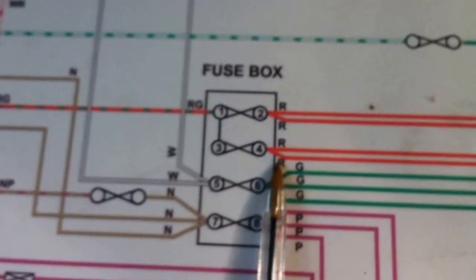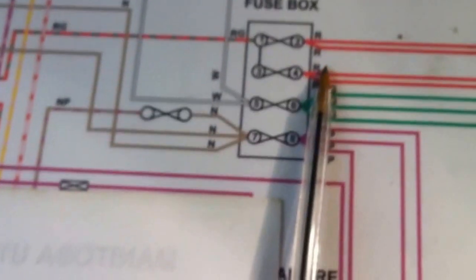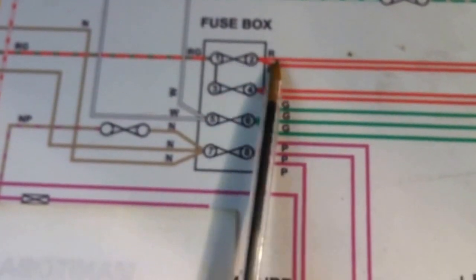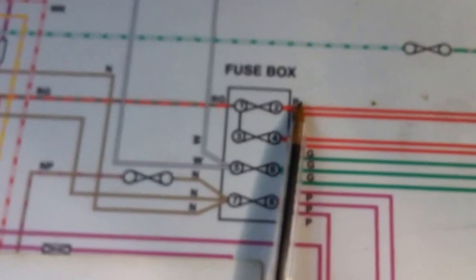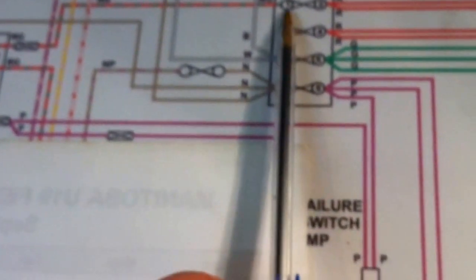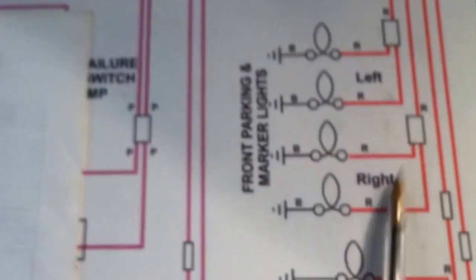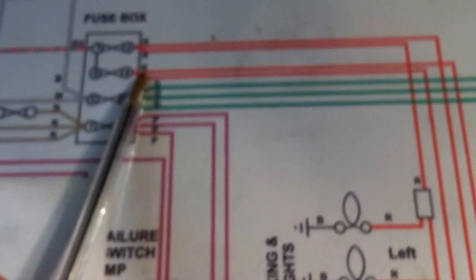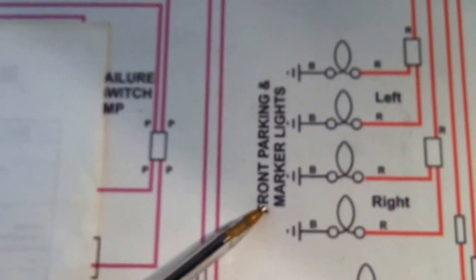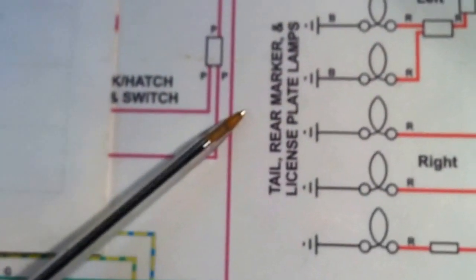So earlier in the video, I had a picture of the fuse box, and actually both these wires were connected to the 1-2 connector. I actually just realized while I was cleaning up the fuse box that I had these things hooked up wrong, but they'll work either way because they are strapped here. But again, this one feeds the right side of the circuits. This feeds the left side, and again, feeds the front parking marker lights, tail, rear marker, and license plate lamps,